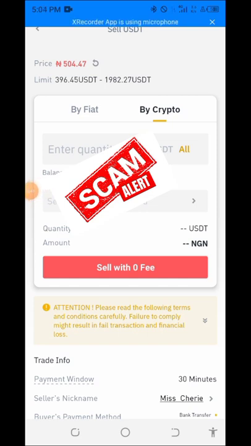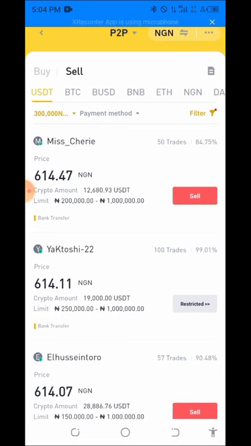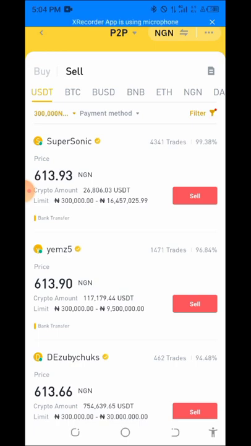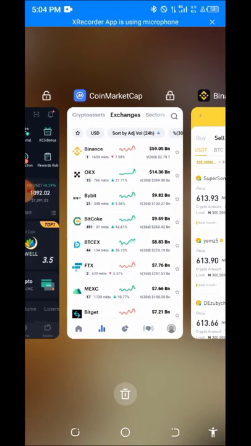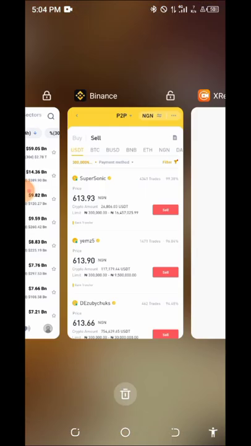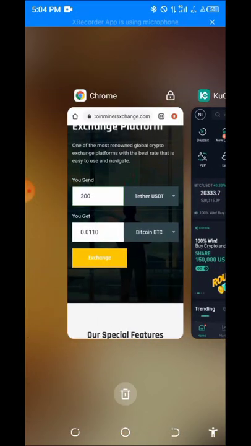So you need to be very, very mindful when you are trying to buy or sell your coin, your USDT or any coin, on Binance P2P. Some of the merchants are kind of scamming, trying to ruin the name of the exchange. So you need to be very mindful. That's one thing I must say. And let's check on